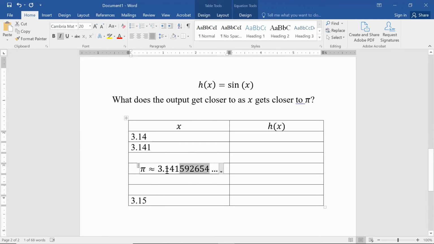So if I go to 3 decimals and I pretend that there's no number afterwards, we get 3.141. That's what we get when we round down. Again, 3.142 would be what we get when we round up at 3 decimals. So we go out to 4 decimals, 3.1415 if I'm forced to round down, 3.1416 if I'm forced to round up.